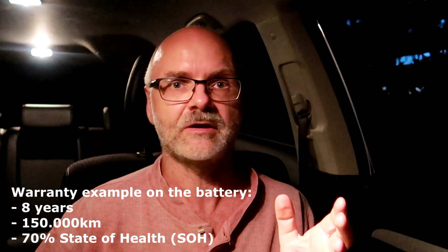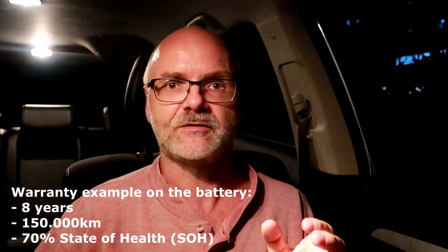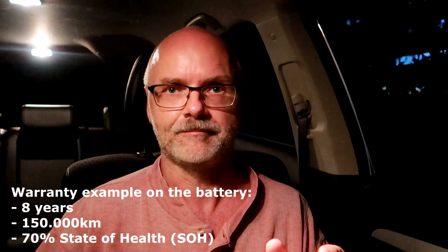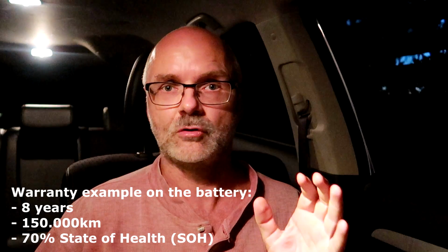So just as an example, let's assume your battery warranty is 8 years and 150,000 kilometers, and you also get a degradation warranty of 70% for this time. So that means your battery state of health should not fall below 70% in either 8 years or 150,000 kilometers